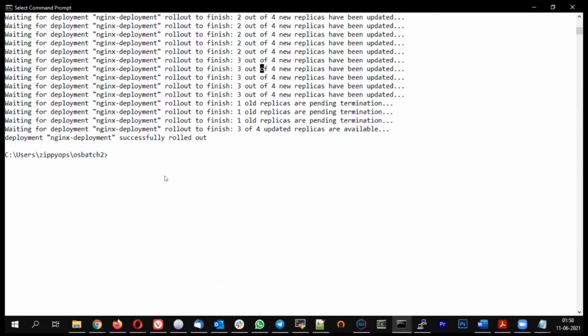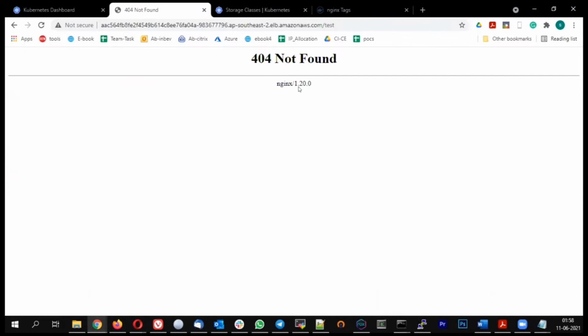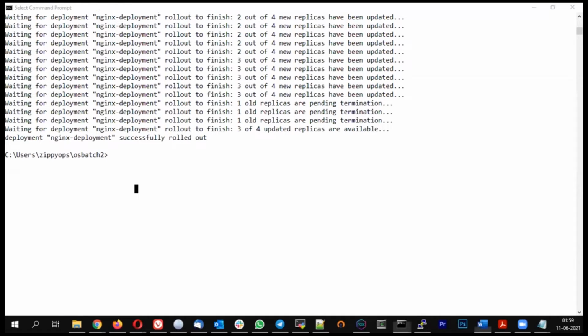Next thing I'm going to talk about is the rollback. Imagine I have done a deployment, and some issue happened. I want to immediately go back to the previous version. So in our scenario, previously it was 1.21, now it is 1.20. If I want to go back to the previous version, the command is